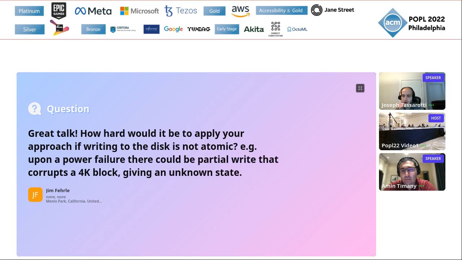The other thing here is I've been presenting a synchronous disk model, where as soon as you do a write, it's durably on disk, but real disks are not synchronous. You have to issue barriers to really flush things, and we've worked out a way to handle that in the presence of concurrency in some unpublished work. So yeah, we can account for that. It does add some challenges, but it can be done.